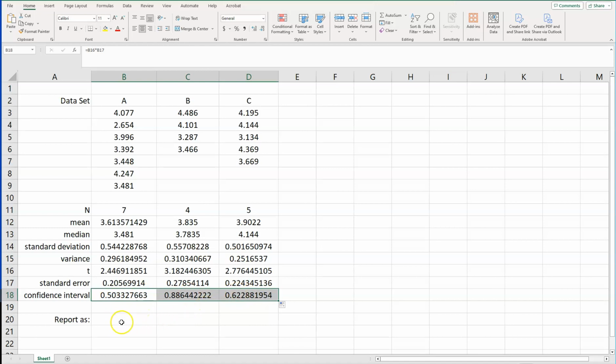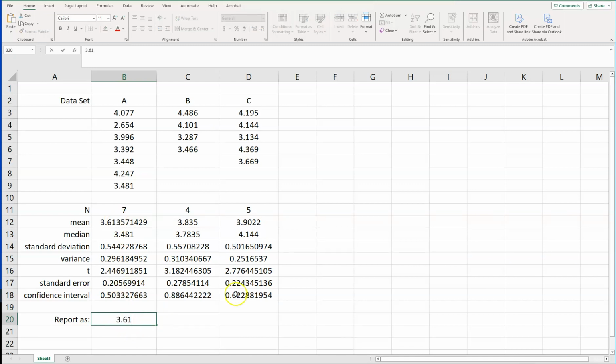Now, how would I report that? I'm going to have to properly round these things off. So I'm going to round off the confidence interval to 2 figures. And if I do that, I'm out to the hundredths place here. So I should round off the mean to the hundredths place too. So I would report this as